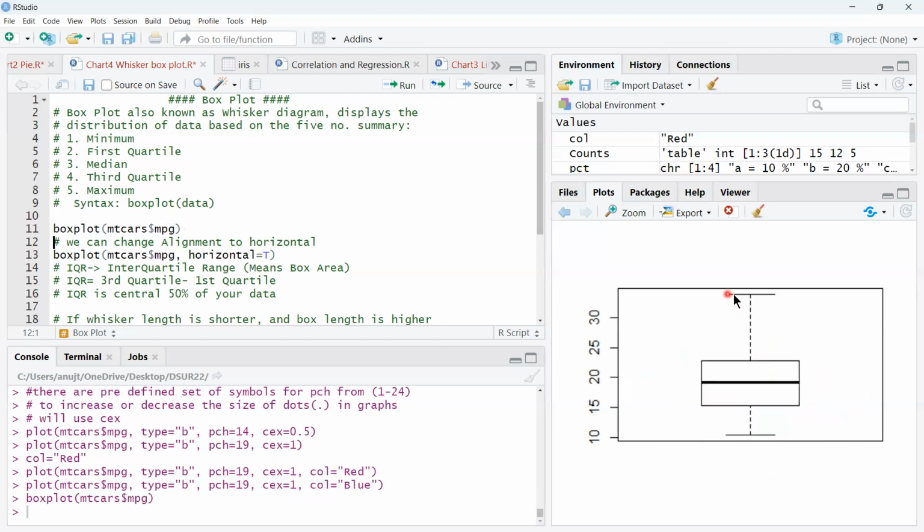So this upper line, this line of the whisker, is the maximum data point. The maximum data point we have is 32, okay? And this is the lowest data point,